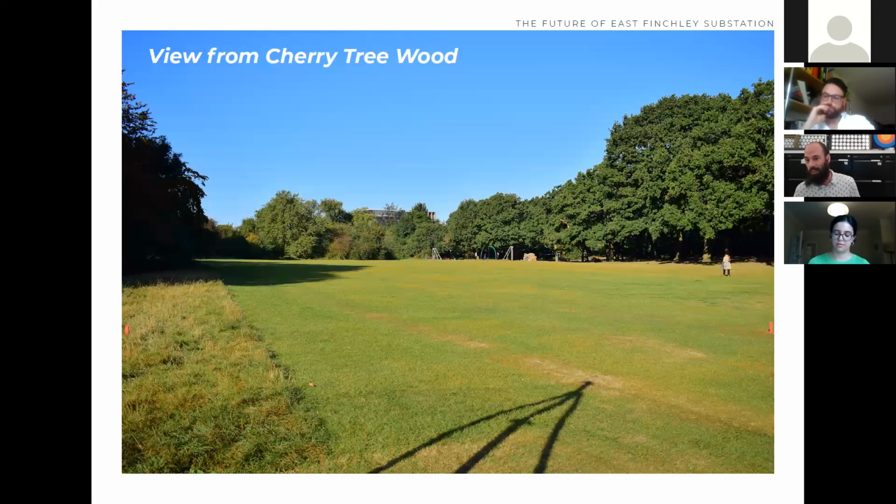So it's a lot sleeker, it's a lot simpler, but it's still traditional in its historical approach, I suppose. And then the top floors we've been looking at carefully in terms of having a much more lightweight approach, with more glazing, more lighter materials. So perhaps white stone cladding, for example, just to create a lighter top where it starts to be